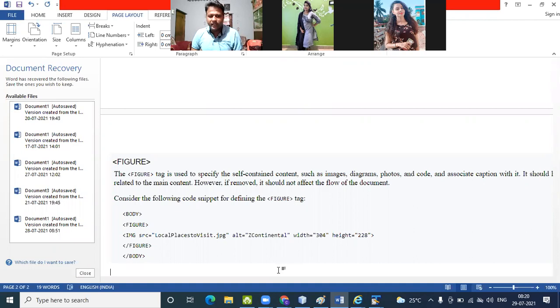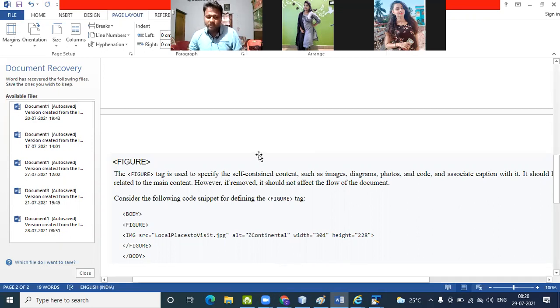So when you search on Google for a particular photo or page, the figure is automatically displayed. It acts like keywords in the search engine.